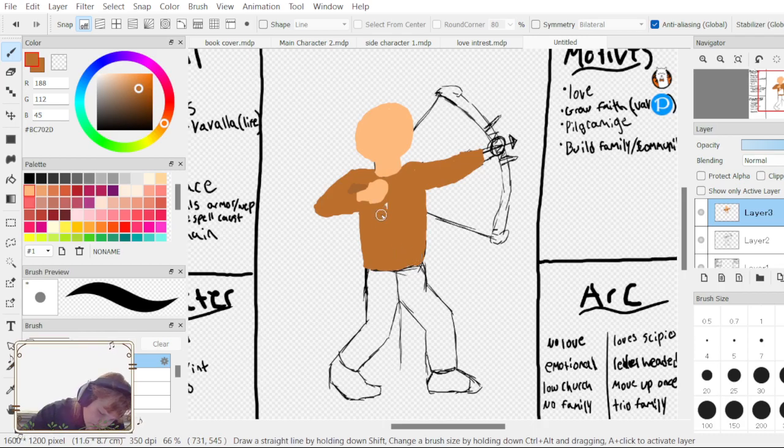I do need to learn how to better color with the different brushes, because the brushes can be a big help in making the drawings look better.